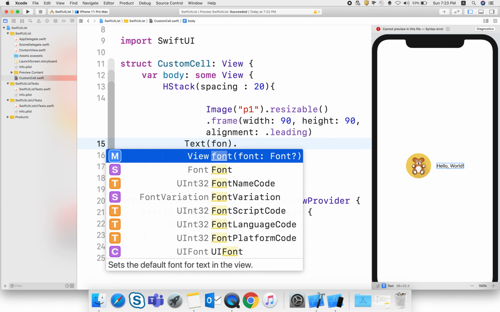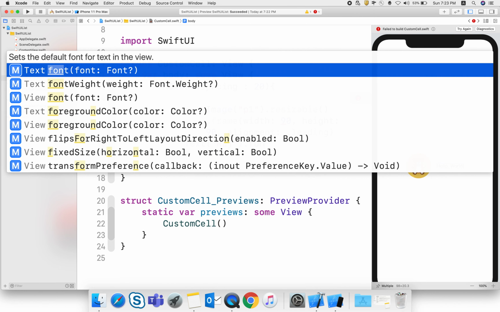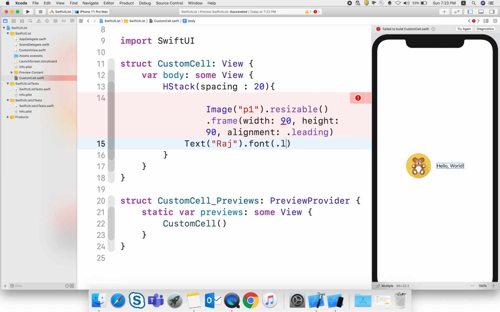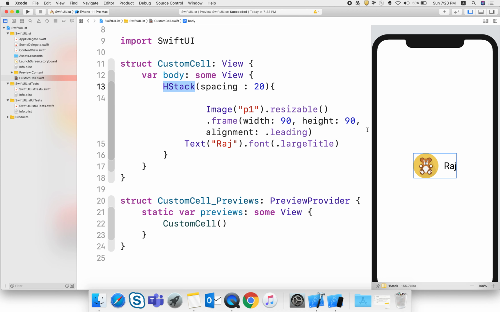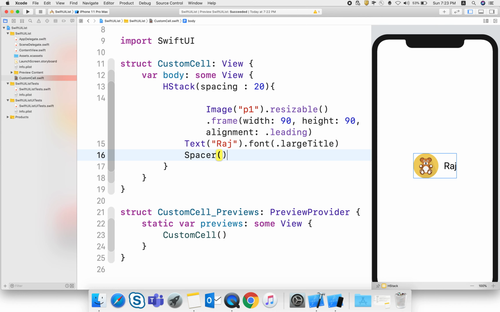Here I make the font a little bit bigger and type my name, using the large title. Here you can see there is a lot of space around, so we need to fill this by using a spacer.